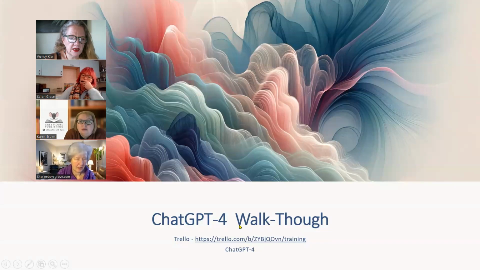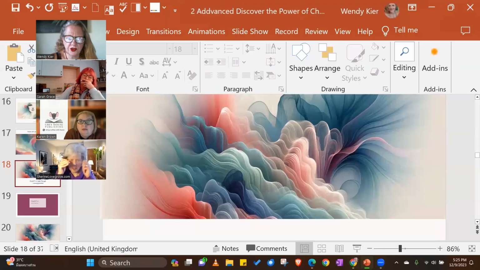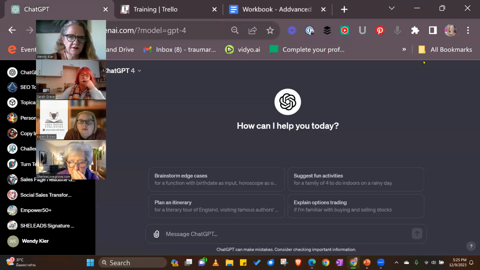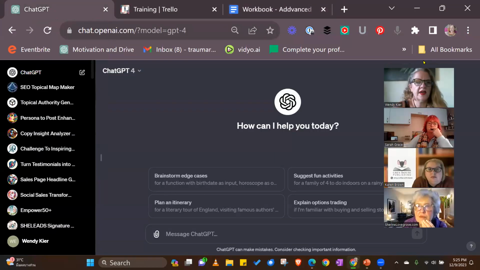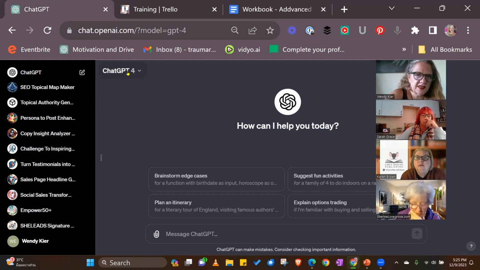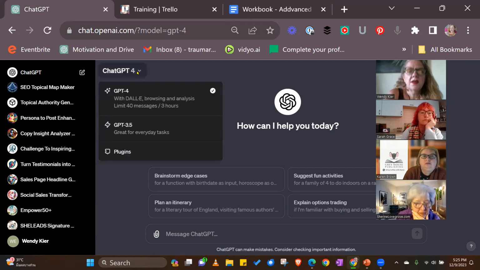Okay, let me jump across to ChatGPT-4. Can you see ChatGPT? Yes. Fabulous. Hopefully we've all got the same setup. In GPT-4, we have access to the plugins. It might be something you haven't noticed before because they're not prominent.